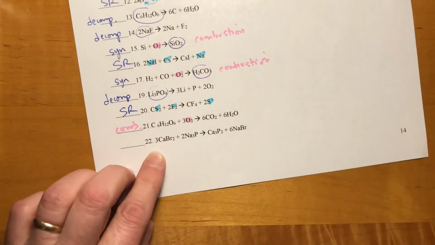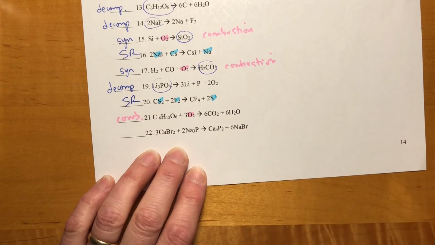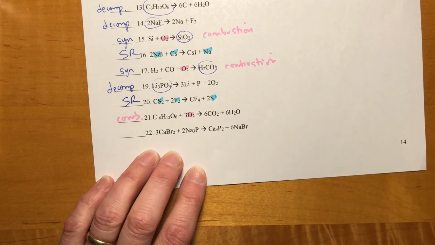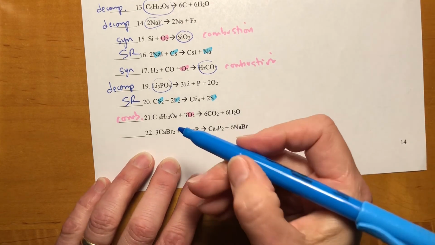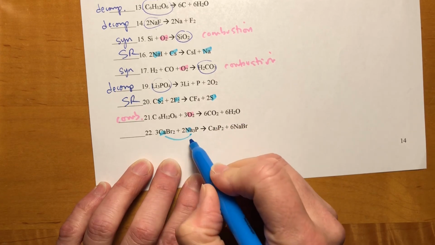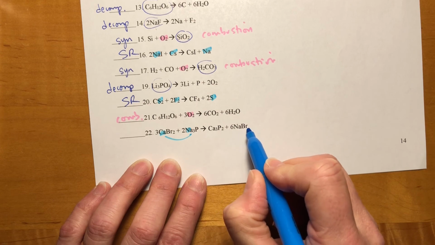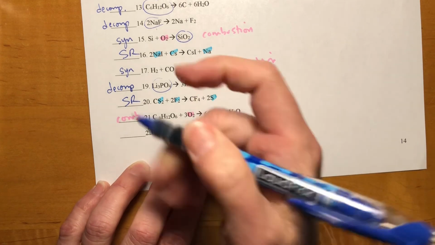Single replacement. And then this last one, see how big and kind of ugly it looks? Usually when they're big and ugly, they're double replacements, and this is a double replacement. So this is calcium and sodium changing places. Calcium was with bromine, but now sodium's with bromine. So this is a double